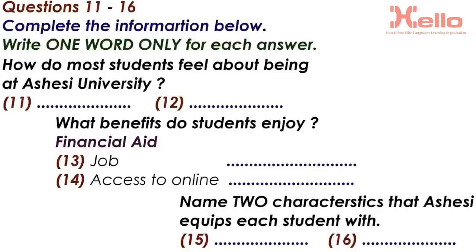And I will simply say to you, in which other tertiary institution in Ghana do you find the same level of IT infrastructure and facilities available to students? Where also do you find such a low ratio of students to lecturers and computers? In which other educational institution do you find 55% of students on some sort of financial aid, who in addition